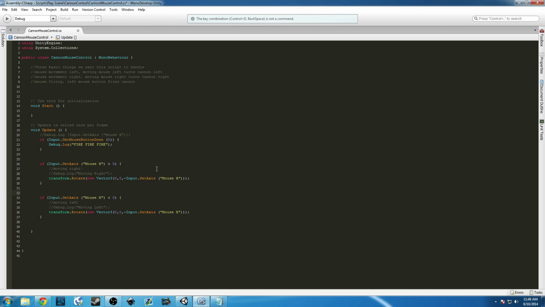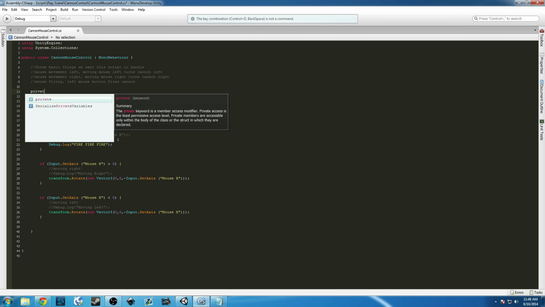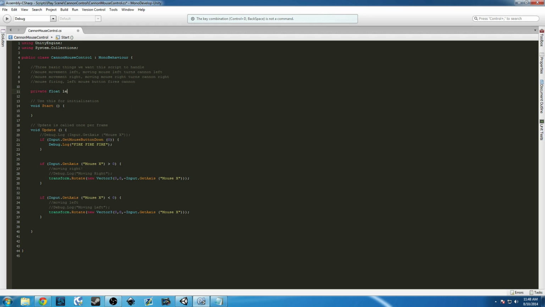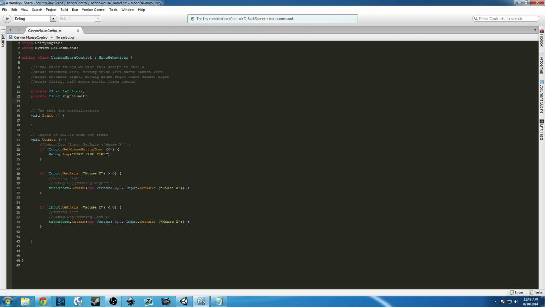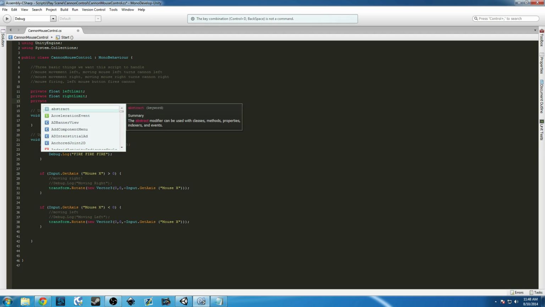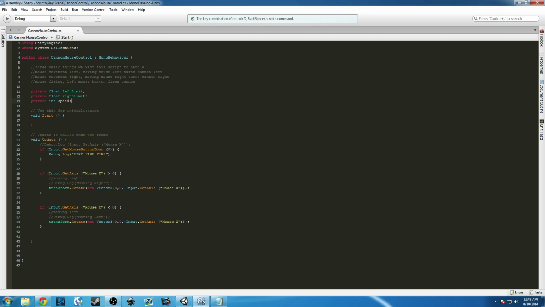Now, what we're going to start off doing first is limits. We're going to go ahead and create two private floats. Private float, we're going to call it left limit, and another private float, right limit. We're going to actually go ahead and make a private int speed for now. Actually, we're going to make that public because,